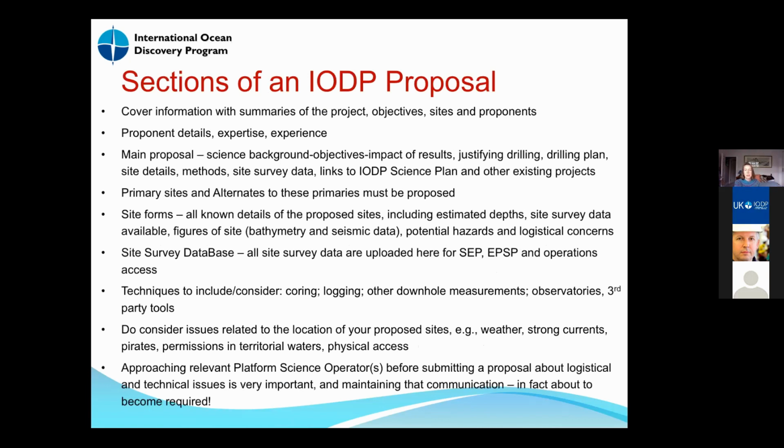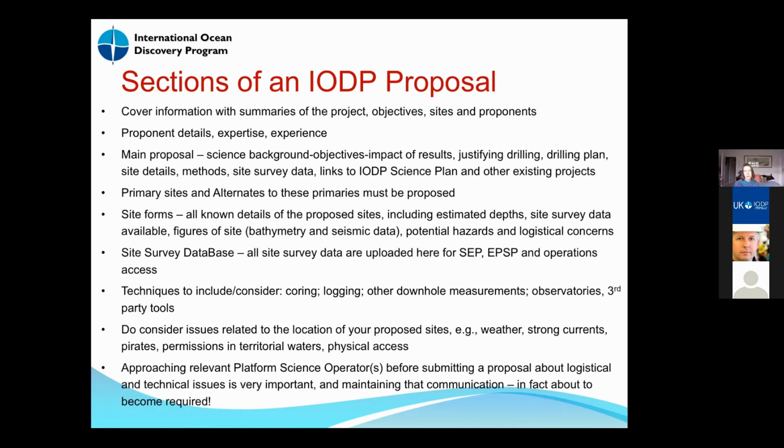I'm not going to go into details here, but there's lots of different sections to the proposal. And it might be useful to sort of have this slide to hand when you're preparing your proposals in the workshops here. You've got your cover information, which has got summaries of the project, an abstract basically, objectives and site details. You've got your proponent details with hopefully the appropriate range of expertise and experience. It's also good to have a good range of people from different countries, different levels of experience, and gender and diversity breadth as well. The main proposal covers your background, objectives, hypotheses, I should add, the impact of the results,